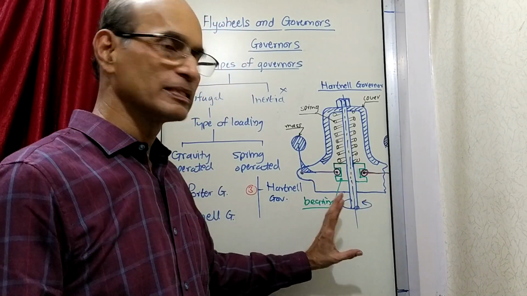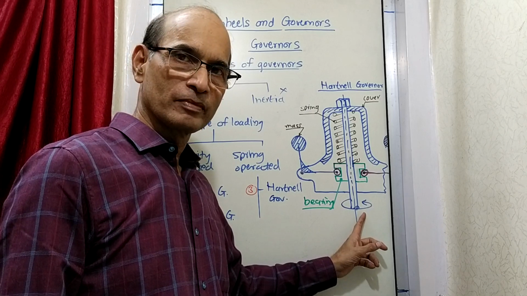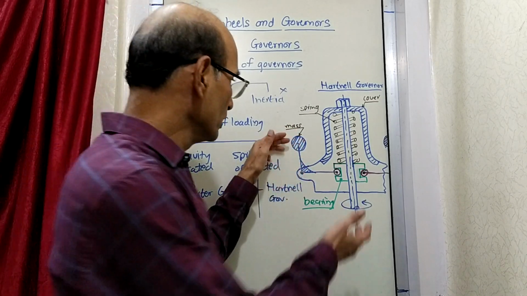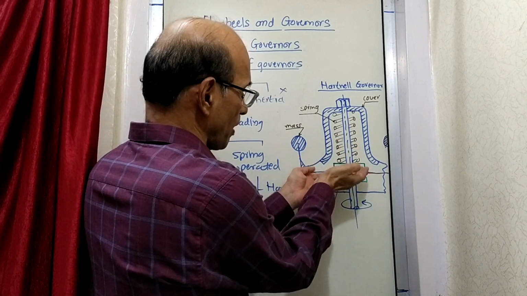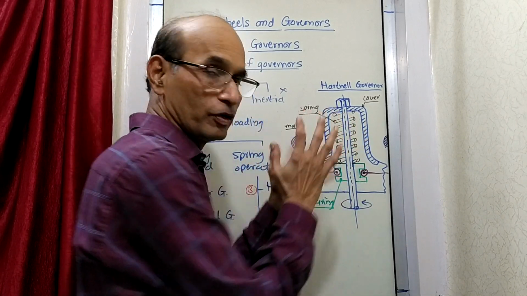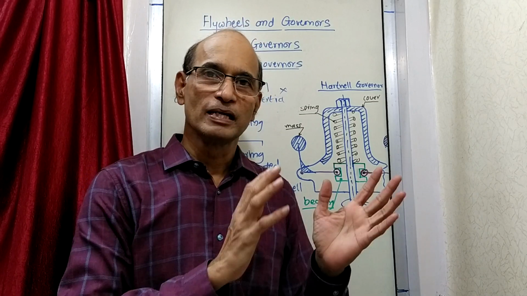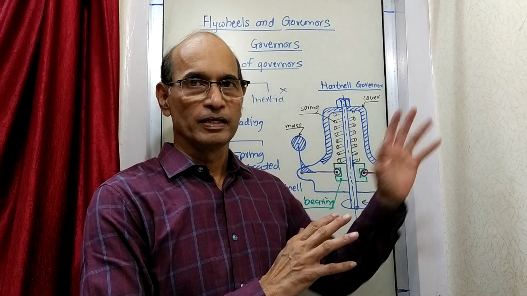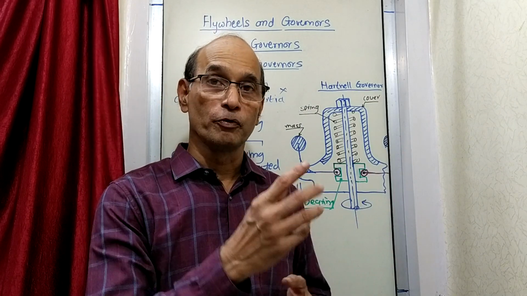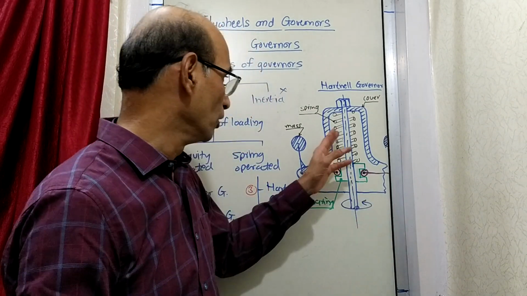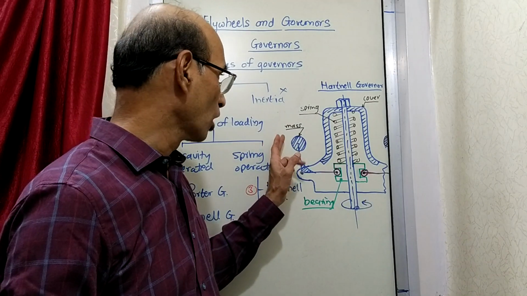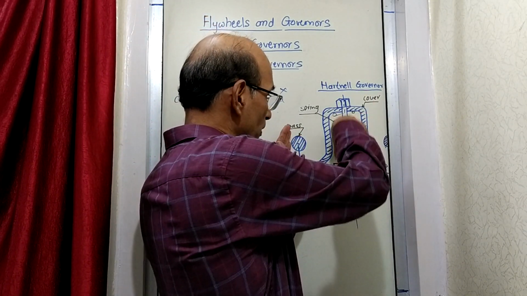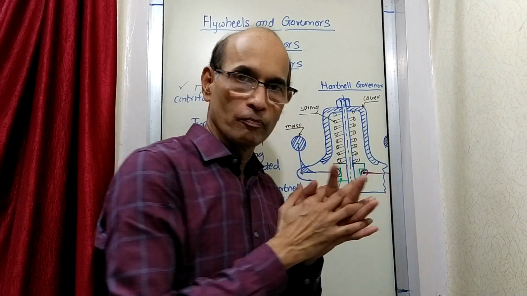Now what happens, again the same thing, as it rotates, because of the centrifugal force, the mass is at a particular position and this spring is pressed by this bearing upwards like this, and everything is stable. Now as soon as there is a change in the requirement, like suppose there is a slope going upwards, then you require more fuel. The first thing what will happen is the speed will drop down. The moment speed drops down, this will be coming closer, and when this comes closer, the spring will expand and push this down.